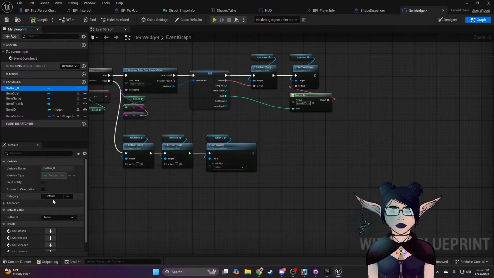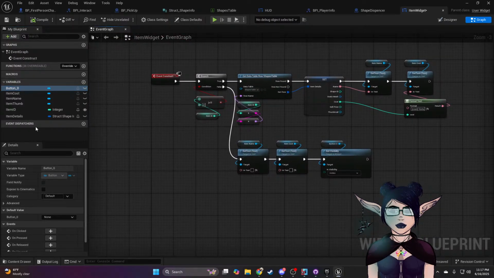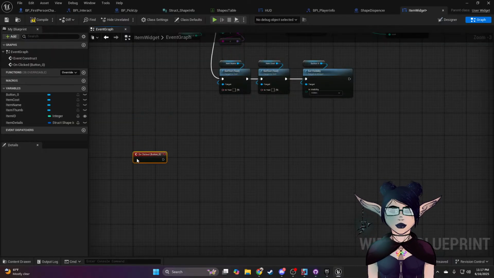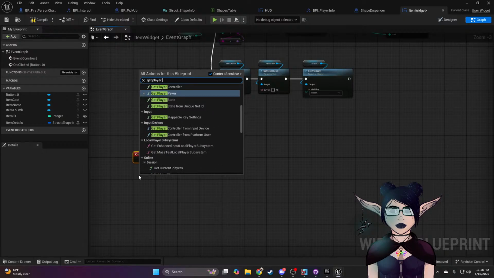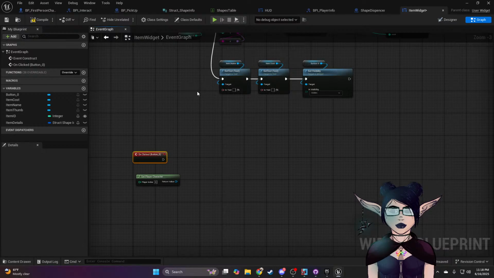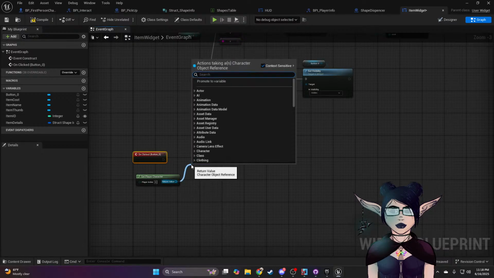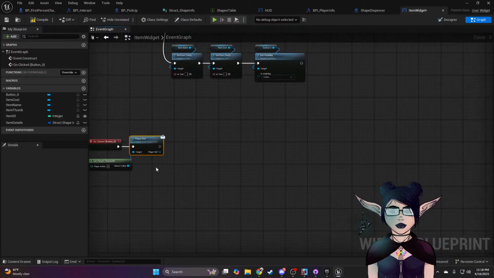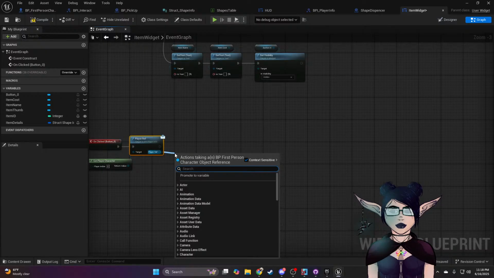The player. Right, in the item widget. In the item widget. Button. On-clicked. Get player. Character. Oh, that says cast a player, but I don't need a cast. Try it out to cast for the player ref. And as the player ref,